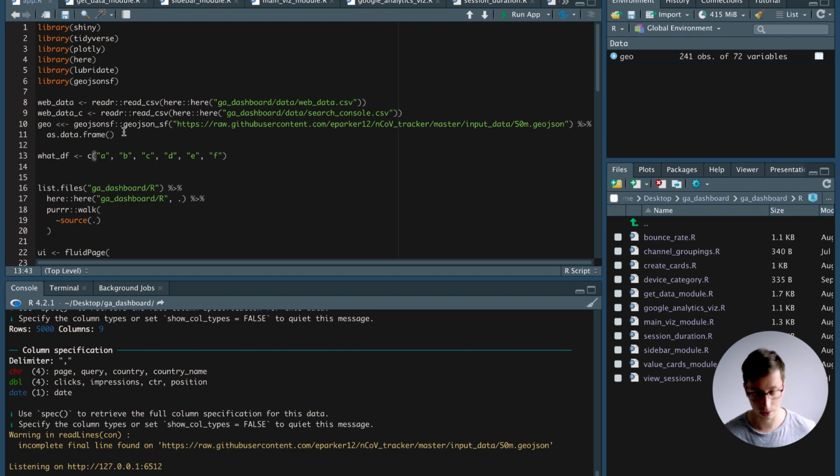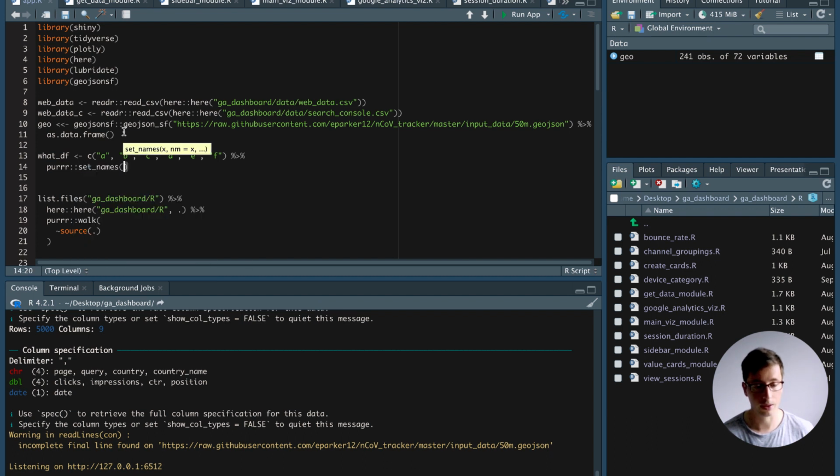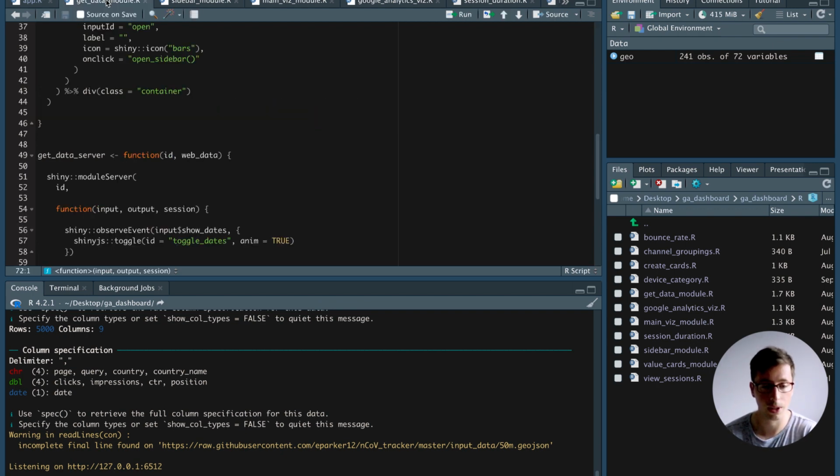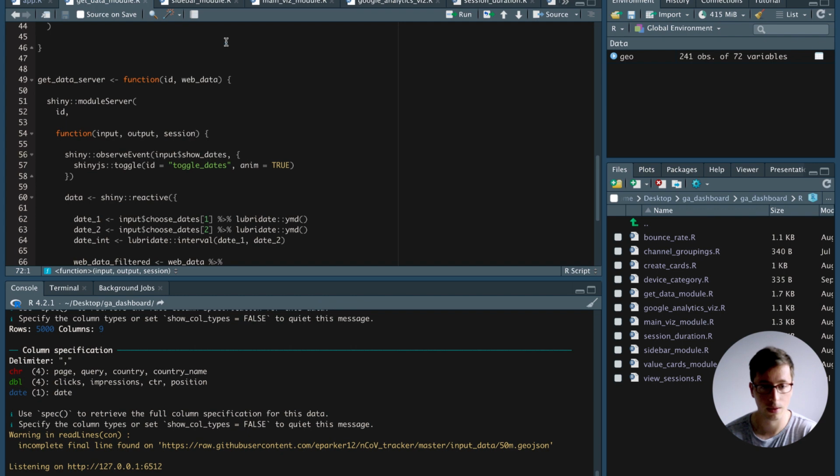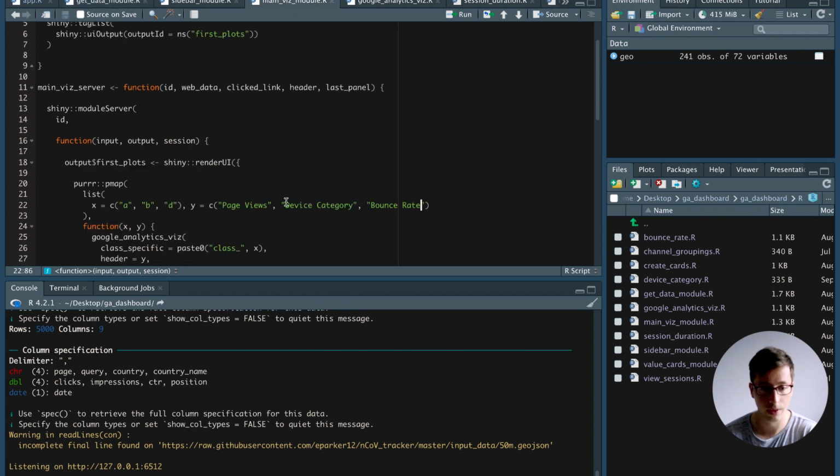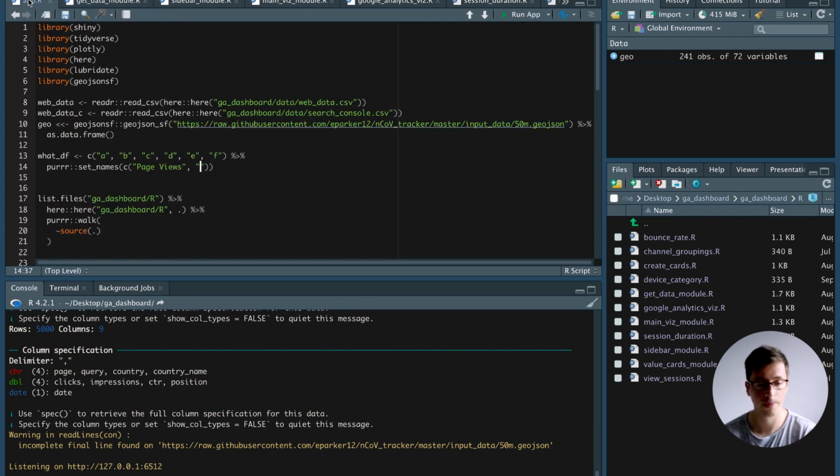And then we're going to make this a named vector. So we'll say per, and we set the names. So I remember, A was page views, B was device category,